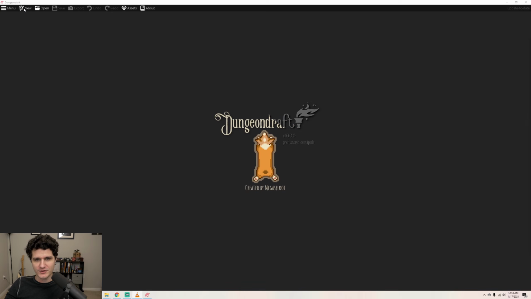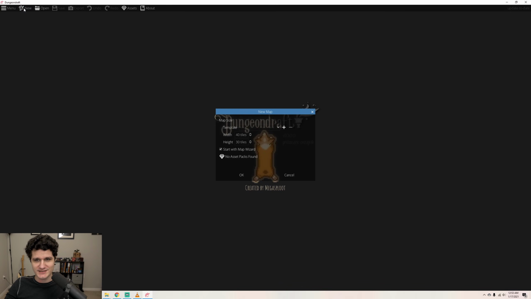When you go to create a new map, this window pops up with some basic settings. The main point of interest is how big the map will be. You can set a template based on different TV sizes, paper sizes for printing, or you can even create your own template if you make maps in a common size by hitting the plus icon. You can also enter your own width and height up to 128 by 128 tiles. If you're playing D&D 5e where each tile represents 5 feet, that means you can make a 640 by 640 foot map, which is pretty massive. Let's set this to a more manageable 40 by 30 for now.